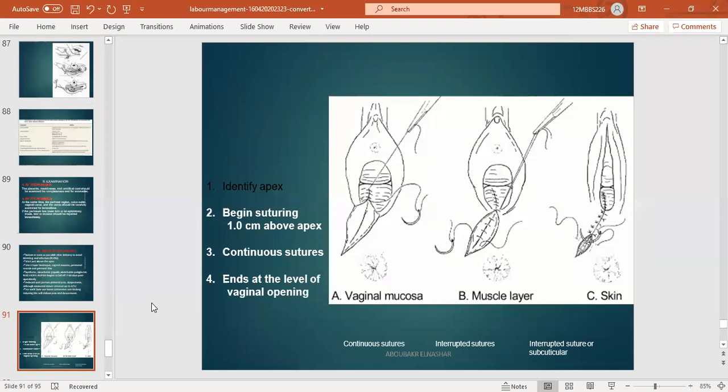This is the repair of the episiotomy. Layer by layer, you repair the mucosa, then the muscle. This is the mucosa. You have to repair the mucosa. You close the mucosa. Now these are the muscles. You have closed the mucosa. The mucosa is closed by continuous suturing, and the muscles can be closed by continuous as well as interrupted sutures. After that, you have to close the skin. Either the skin is closed subcuticular, or it may be closed by interrupted sutures.